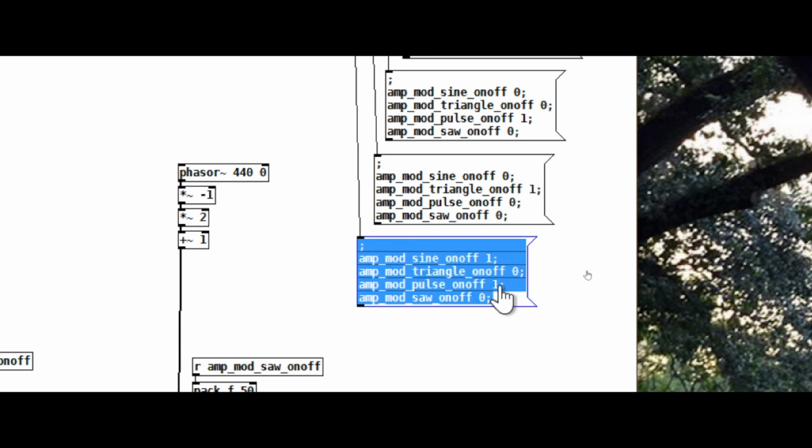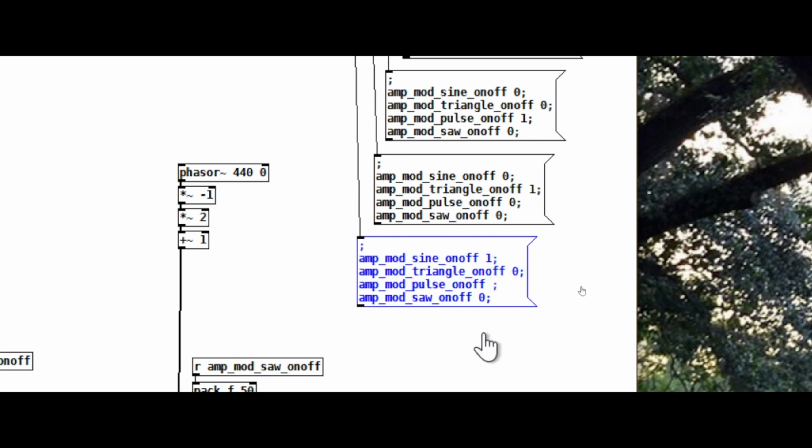Turns the pulse wave on. And the other thing's off. And this one turns the sine on. And the other's off. Now, things will work at this point, because now that these sends and receives have different